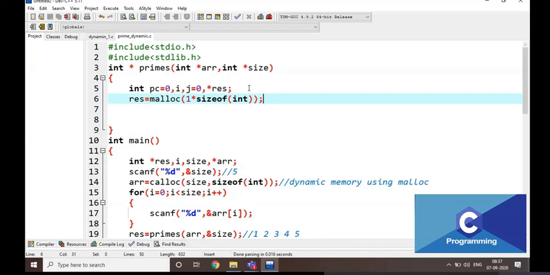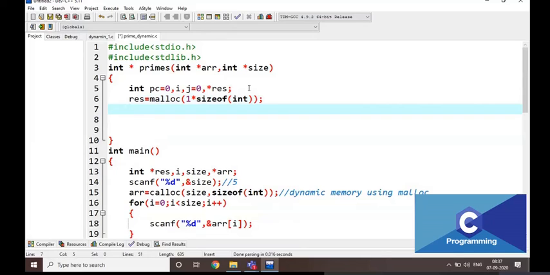If only one prime is there, I am going to add one memory location here. If more than one value is coming, I am going to allocate dynamically using realloc.